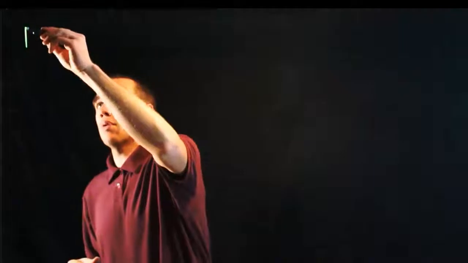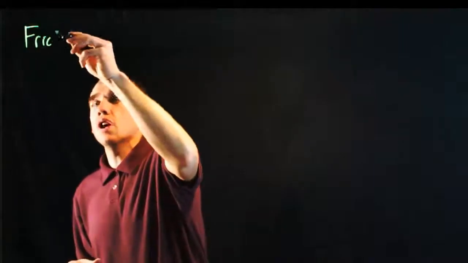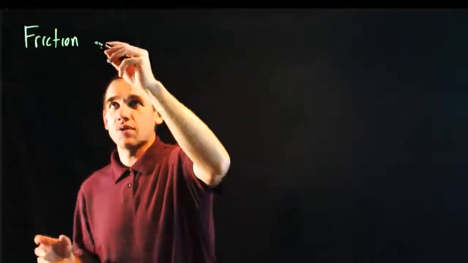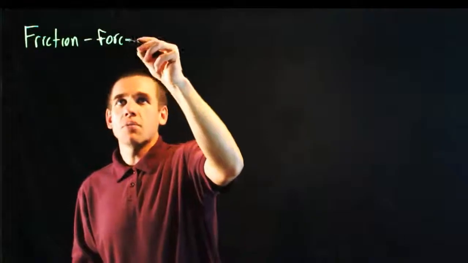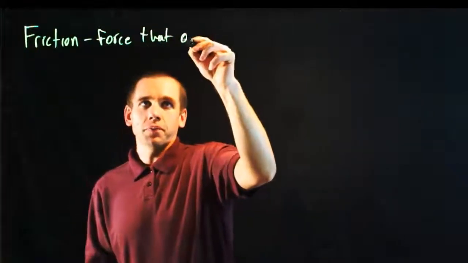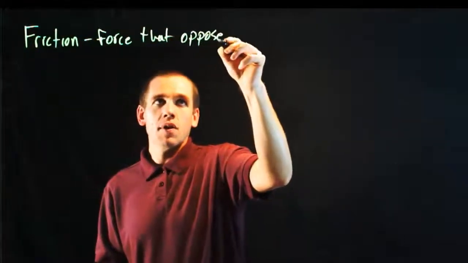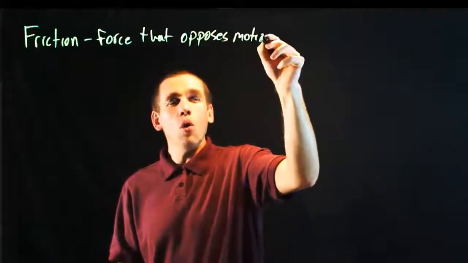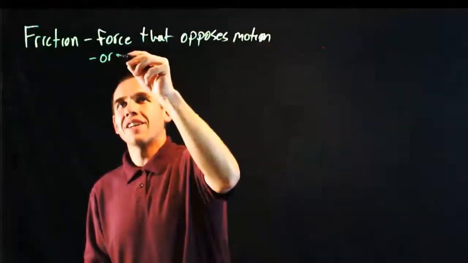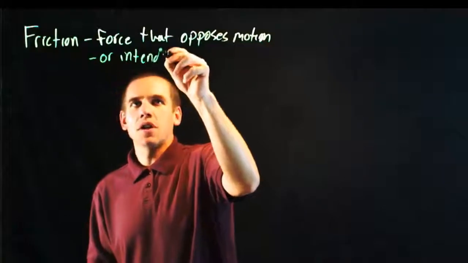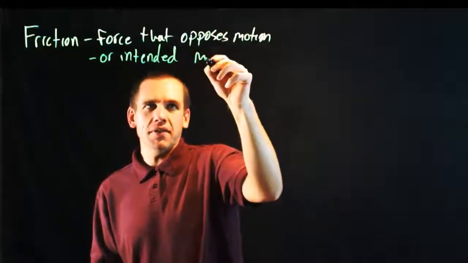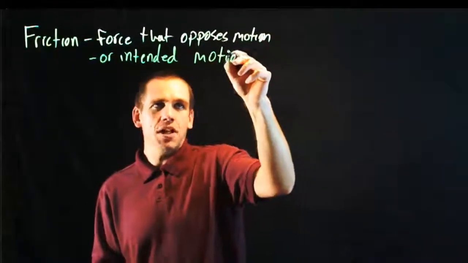In this lesson, we're going to take a look at friction. We know that friction is a force that opposes motion, and we remember that a force is a push or a pull that's caused by an agent. So friction, a force that opposes motion, or intended motion. Now that's a little bit different, and we'll talk about that in a minute,